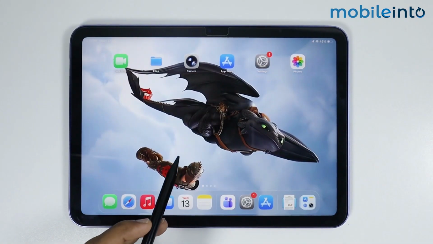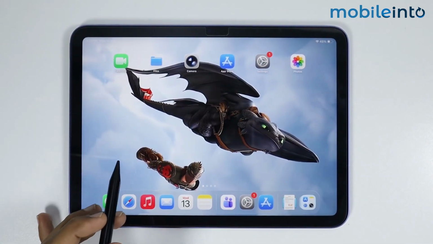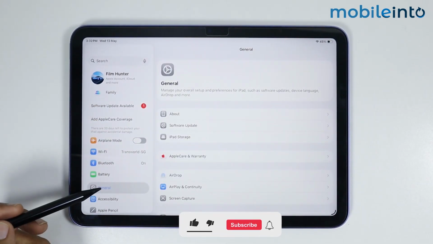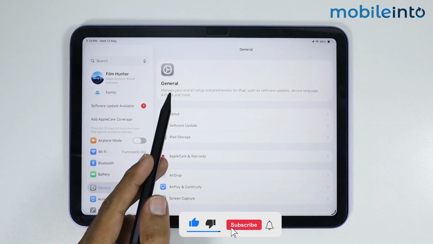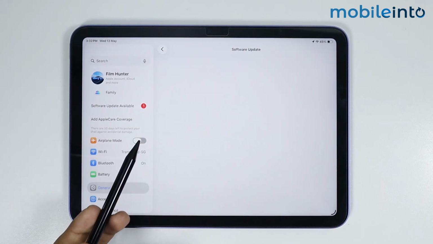In this video, I will show you how you can update the emojis on any iPad. Now to update the emojis of your iPad, first of all, just go to Settings. Now under Settings, just tap on General. Now under the General Settings, just tap on Software Update and check if you have any update available for your